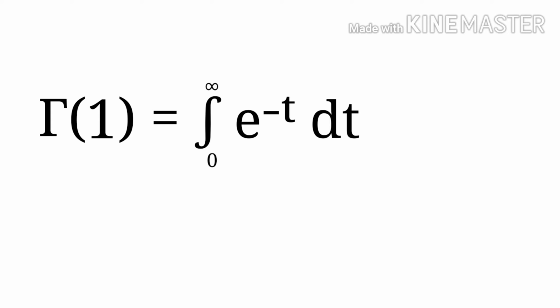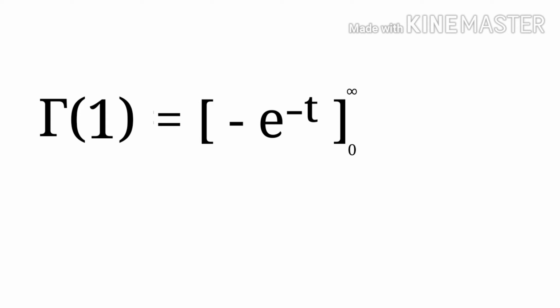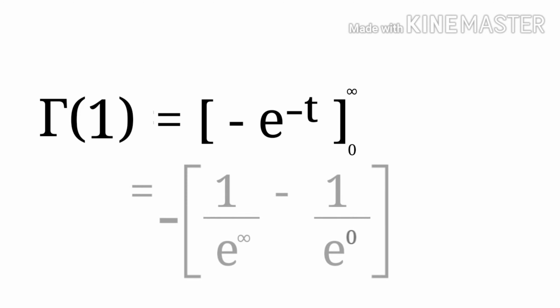Now this equation will become easy for us. The integral of this will be minus e to the power minus t, from 0 to infinity. Now we will apply the limits in the above equation. So it will be equal to minus 1 upon e to the power infinity minus 1 upon e to the power 0,